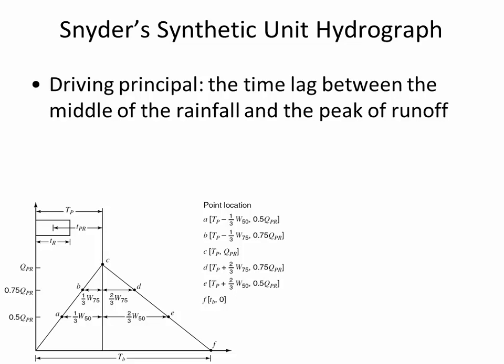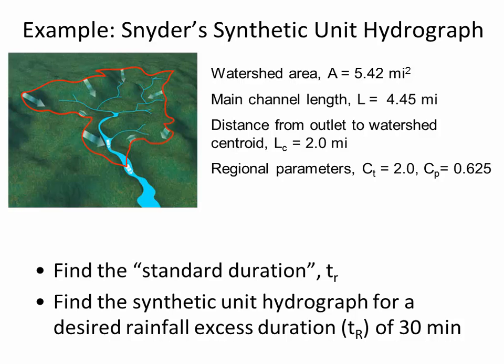We said in this illustration, let's consider a storm that's half an hour, so 0.5 hours. And we also already found T sub PR. That was here in step 2. And so obviously T sub P is just half of the storm duration plus T sub PR. So that's the other thing we're going to do in step 5 besides calculating the T sub B. Okay, so the formula for T sub B